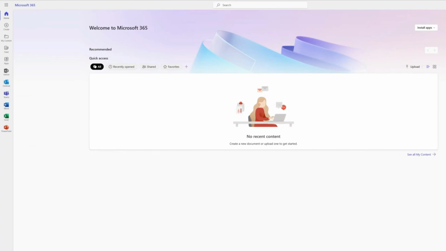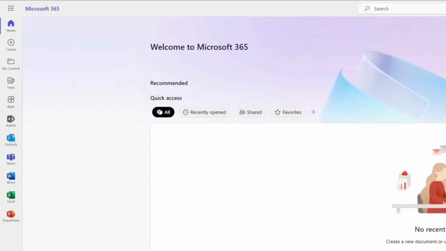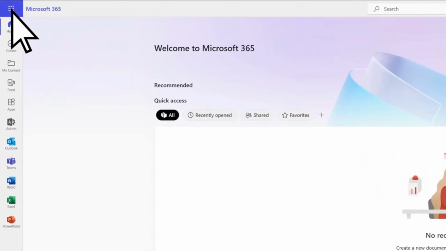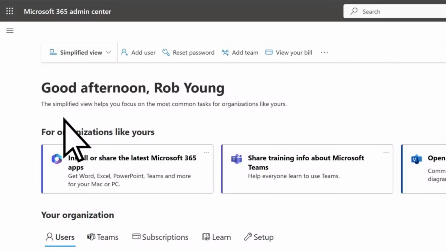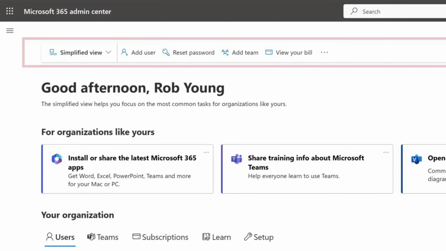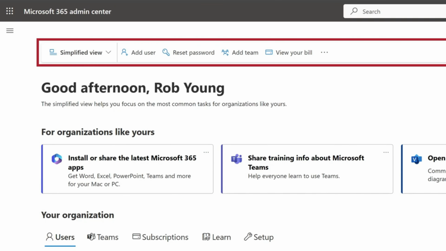Sign in to Microsoft365.com with your work account and select the app launcher. If you have permission to access the Admin Center, you'll see Admin in the list. Select it. At the top of the Admin Center, the toolbar gives you quick access to common tasks an admin